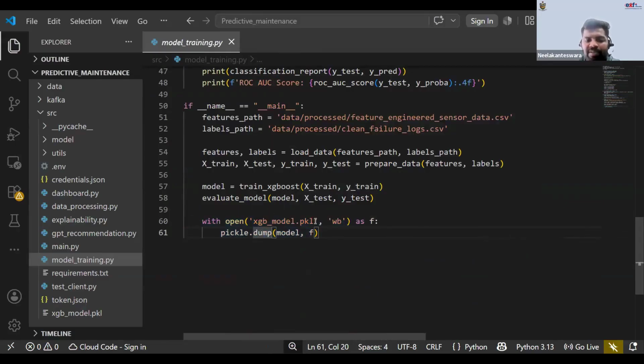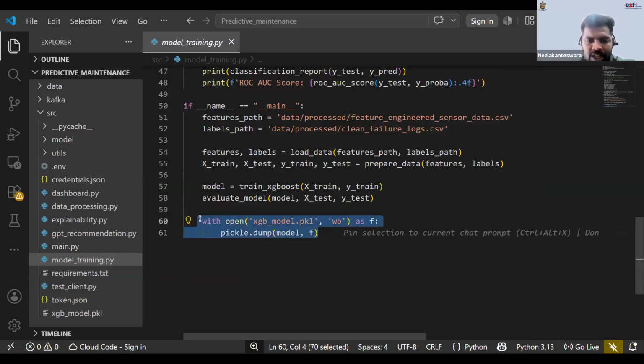After that, here I am storing that model, dumping it into one pickle file. What is the use of this pickle file? It stores all the patterns of the machine learning model. That means whenever you need, you don't need to retrain the model again. Training takes time, because if you have huge data, it needs to recognize each and every pattern. But here I'm dumping the whole machine learning model into one pickle file.